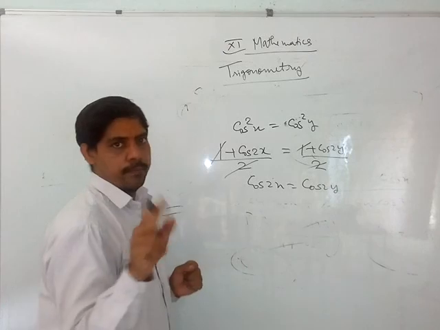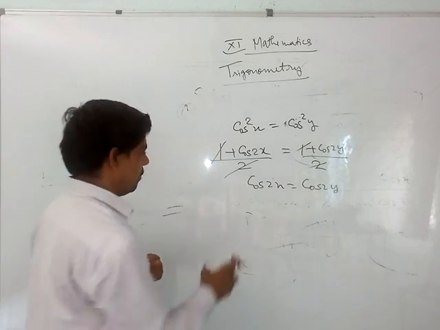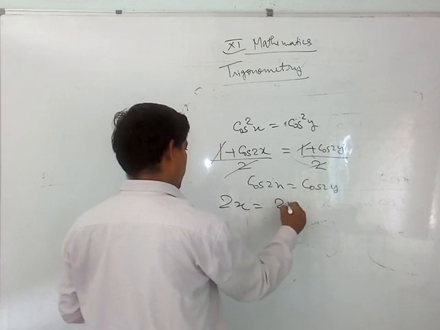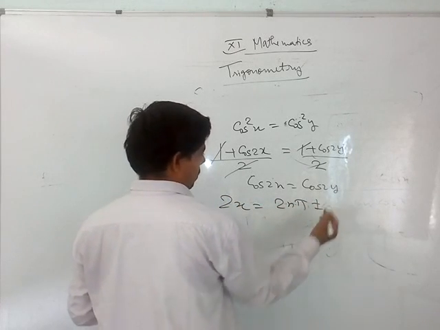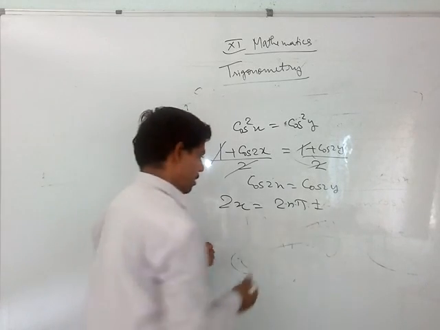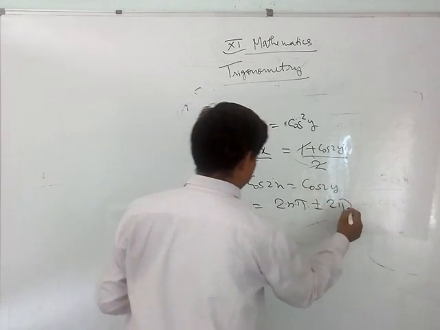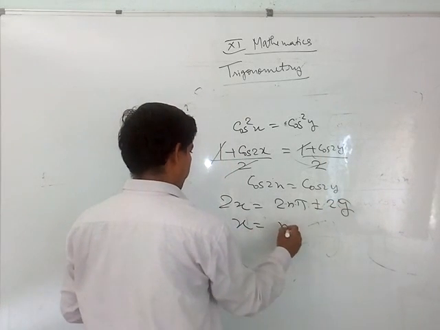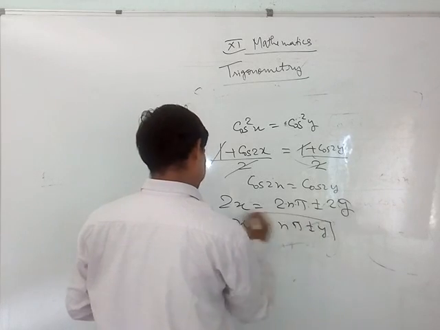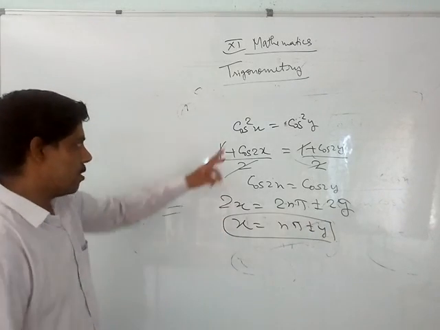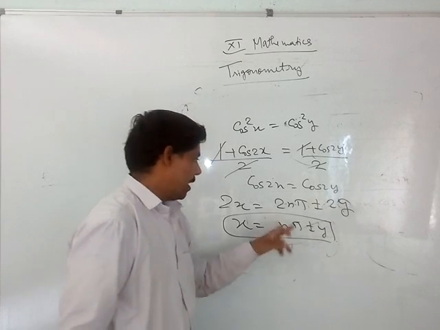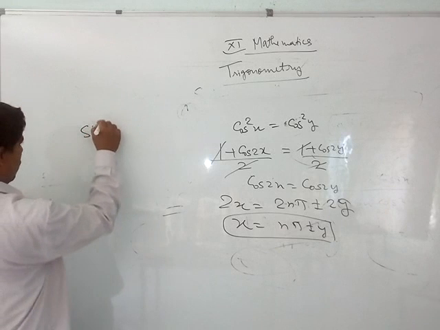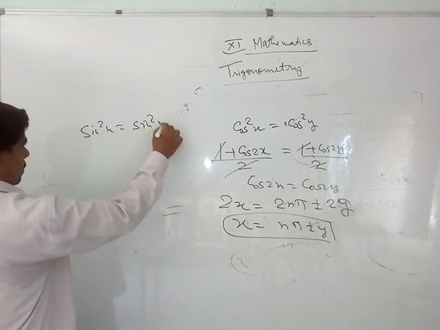Now apply that identity. So if you remember, that identity was cos x is equal to cos y, general solution. 2x is equal to 2n pi plus minus 2y. So divide by 2, you get n pi plus minus y. So this is the answer when cos square x is equal to cos square y, x is equal to n pi plus minus y. Similarly, if you are getting sin square x is equal to sin square y, you can write